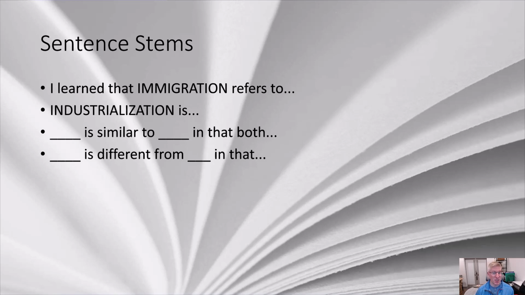Vocabulary sentence stems don't need to be a DOK 1. We can use things like these with comparing and contrasting, creating analogies, metaphors, similes. All of these can be part of a vocabulary sentence stem that raises that DOK as well, setting high expectations